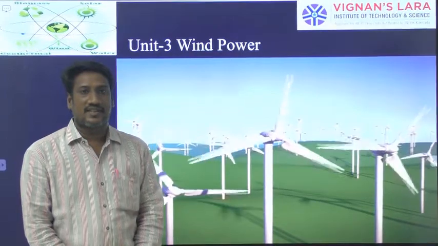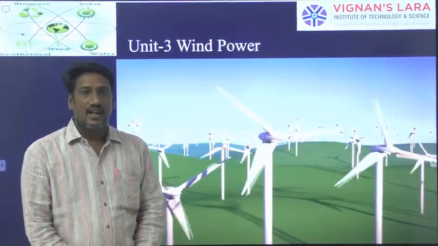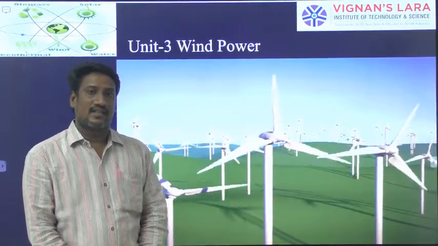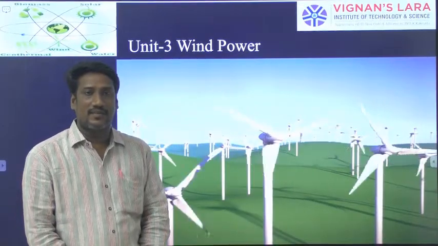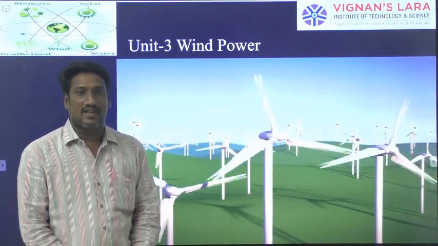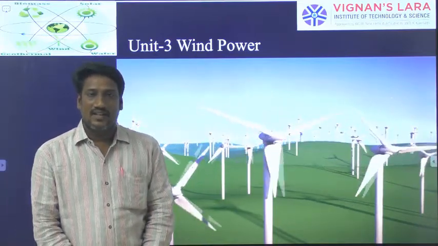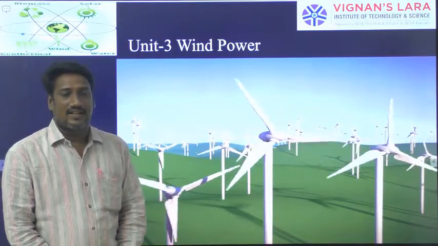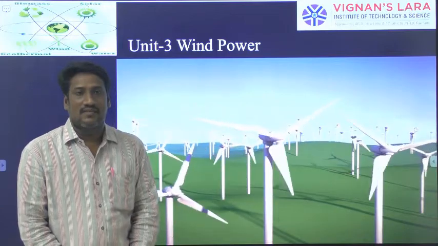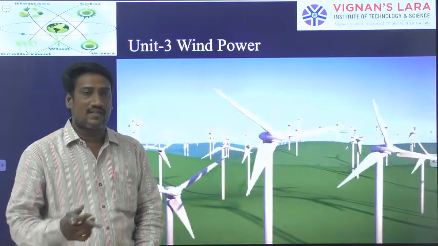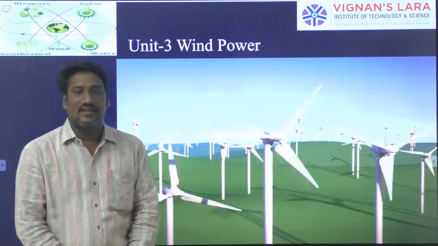So up to now we have discussed the basic concepts of solar energy and different solar thermal collectors. Already we know that a solar thermal collector is one which will convert solar energy into heat energy or thermal energy. Different types of solar thermal collectors we have seen, like non-concentrated collectors or flat plate collectors, and concentrated collectors. Again in concentrated collectors we have non-focused collectors and focused collectors, and in focused collectors we have line focused and point focused collectors. All these things we have discussed.